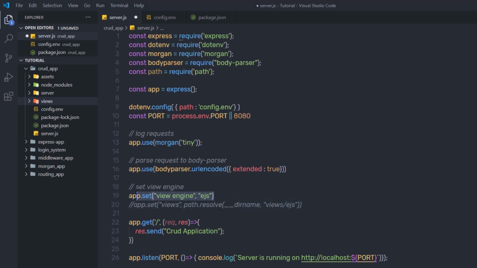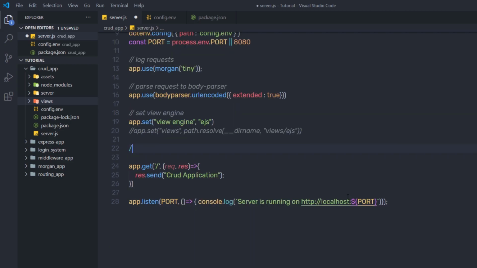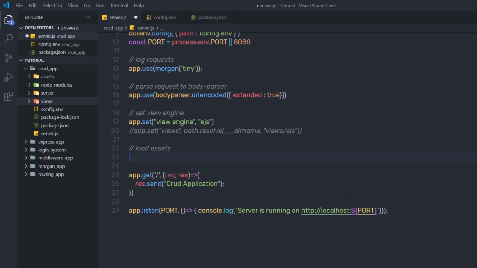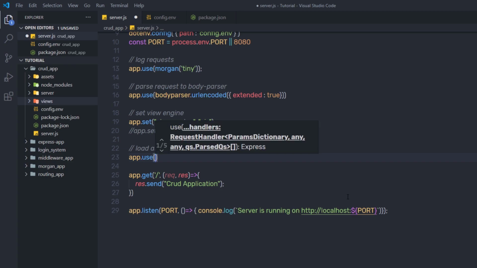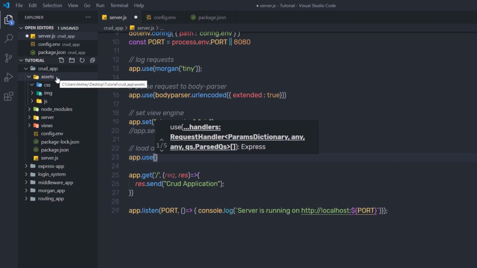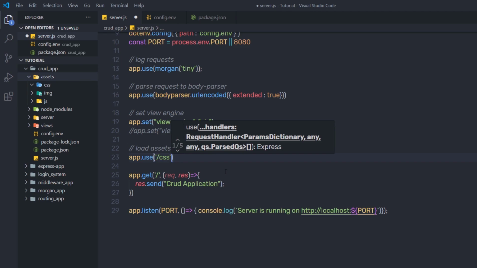Now once I specify the view engine for this application, just down here I'm going to load my assets. So here I'm going to say load assets. I'm going to load my assets using the middleware method use. So I'm going to call the use method, and I'm going to first specify the virtual path for these assets. As you know, we have assets inside this assets folder. So I'm going to specify single quotes and specify the path for this CSS folder. Here I'm going to say CSS, then specify a comma, and then say